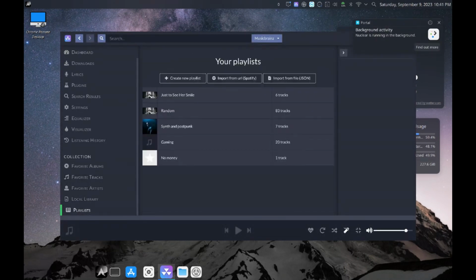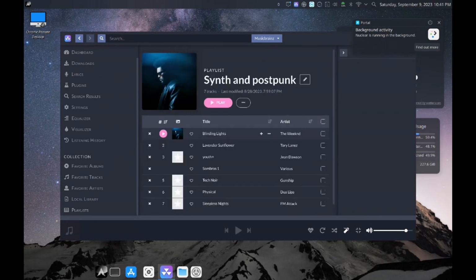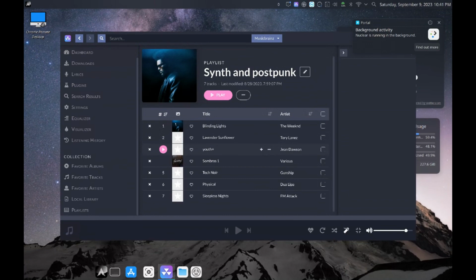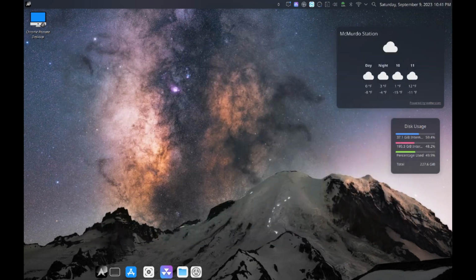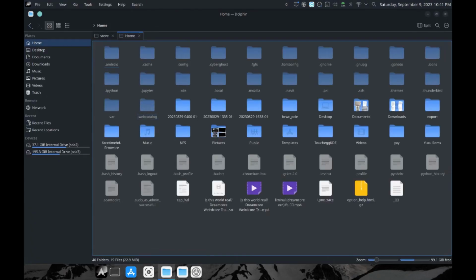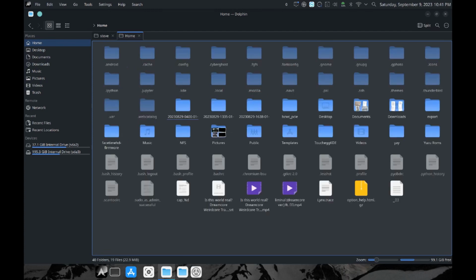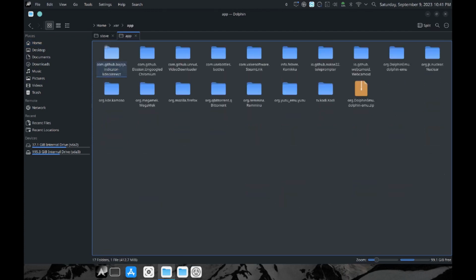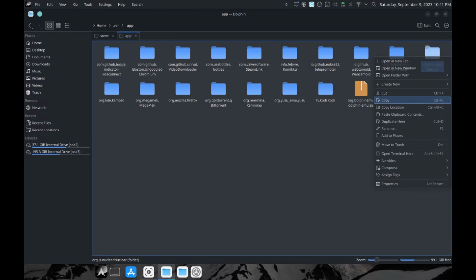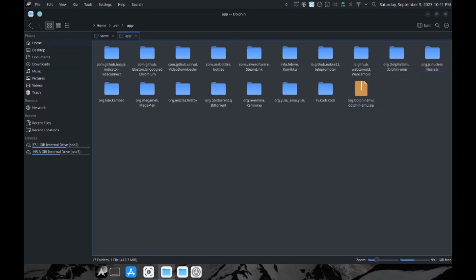Here you can see on this machine I have playlists already. I made a pretty neat synth post-punk playlist, and I want to have that music also on my other system. So in that same location from the .var folder, over on that far right I have the Nuclear folder, and I'm just going to copy that